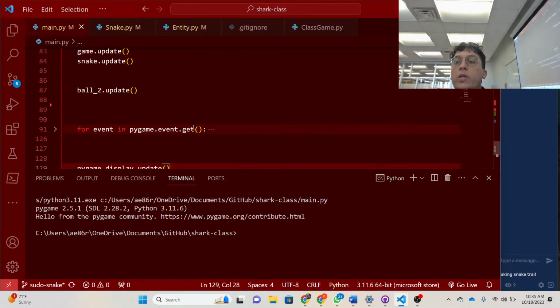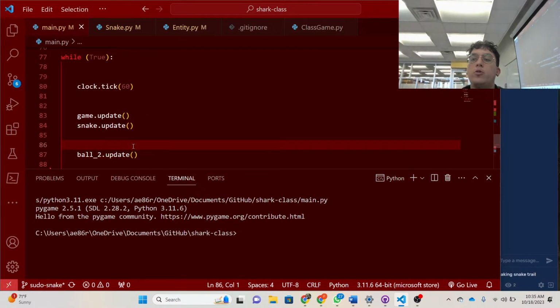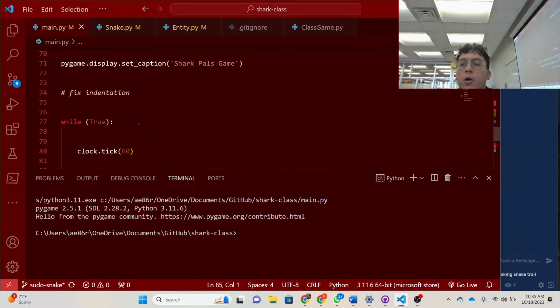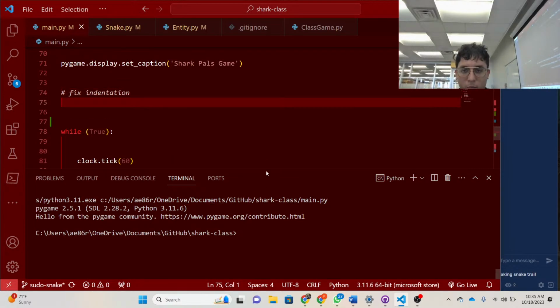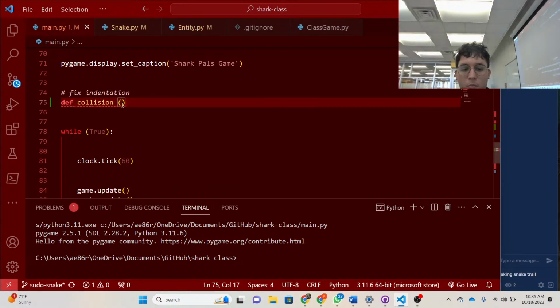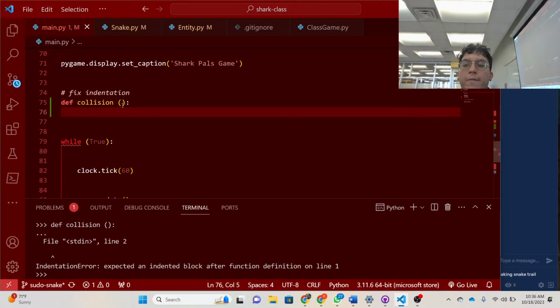Okay, so to do that, remember, we need to check this every tick. So I'm going to write a little function here. We'll call it collision. I'm going to call it def collision in the main.py. So every time that I call def collision, I want to check all of the bodies that I have. But since I only have 2 bodies, I only need to do 2. So I'm just gonna do if